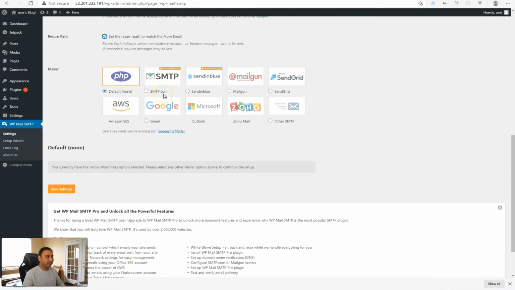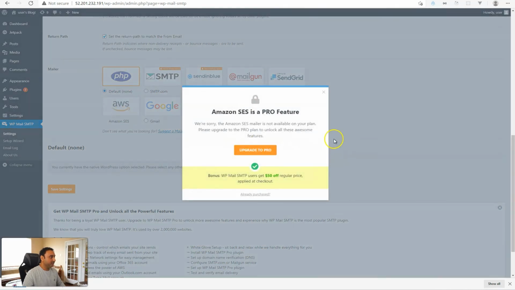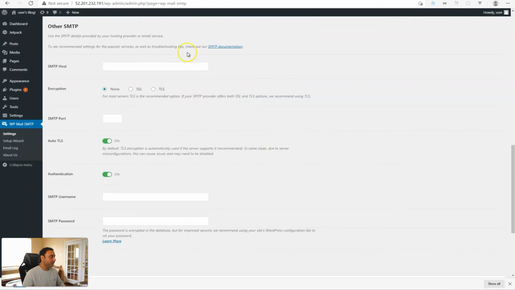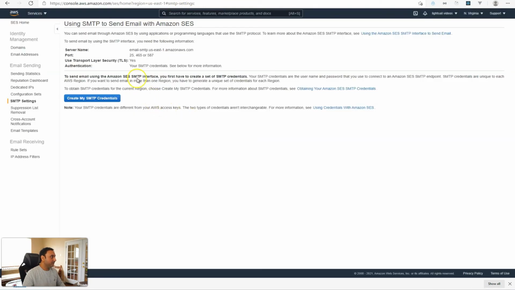And like I mentioned, we've done previous tutorials on setting up Gmail, Zoho, also Sendinblue. But in this case, we will do Amazon SES. Now, if you click on Amazon SES here, you'll notice that this is a pro feature. So if you do have the pro version of this plugin, go ahead and click that. If you don't have it, then what you could do is other SMTP. And then here, you copy these credentials or this information,